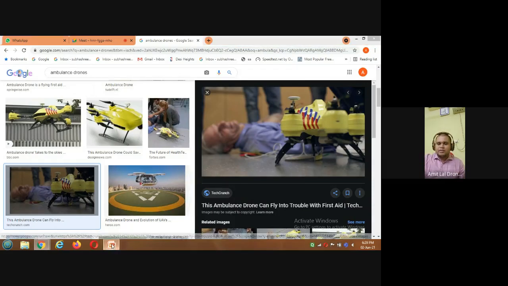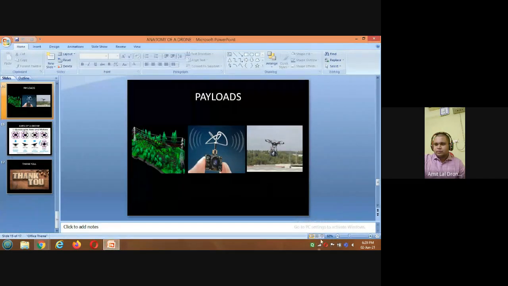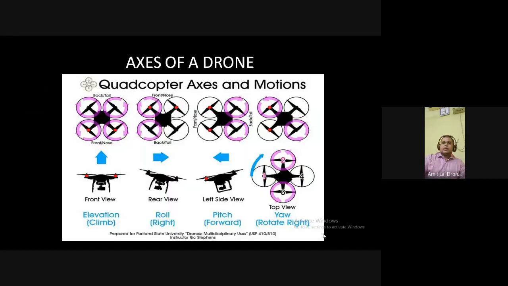Now, getting back to the slides. Now, axes of a drone and physics of a drone. So you may have seen drones hover at a place. You see there are four motors. The conventional drone that we call a quadcopter has four motors, right? Not all four motors rotate in the same direction.